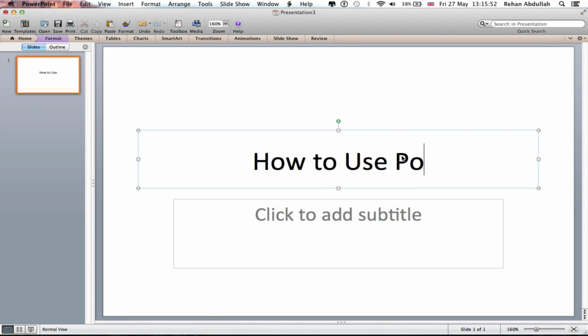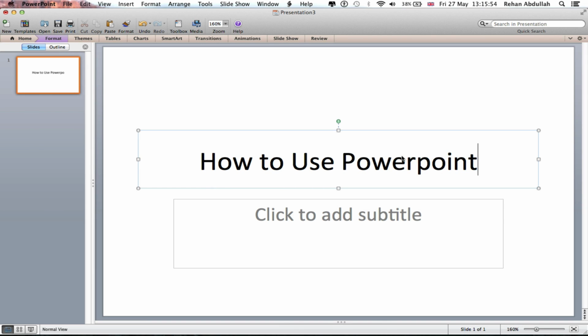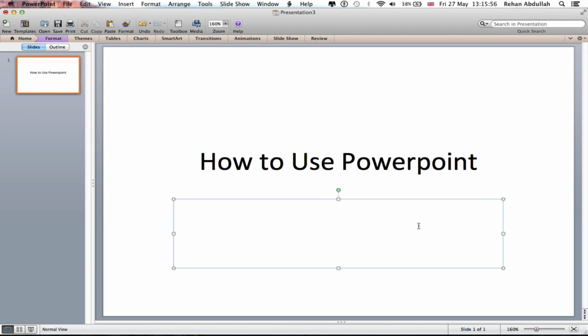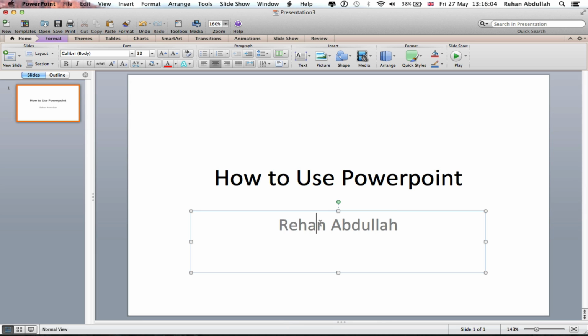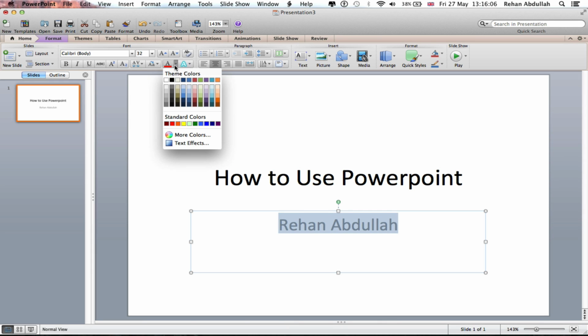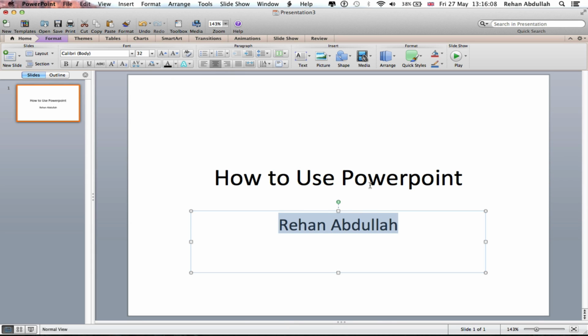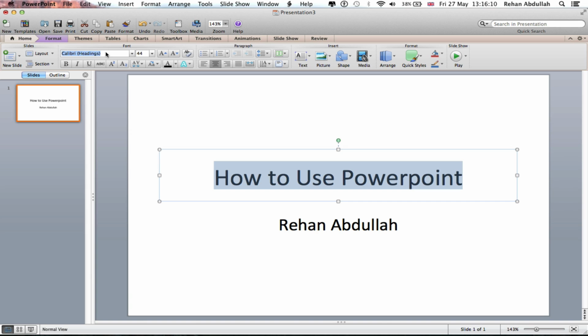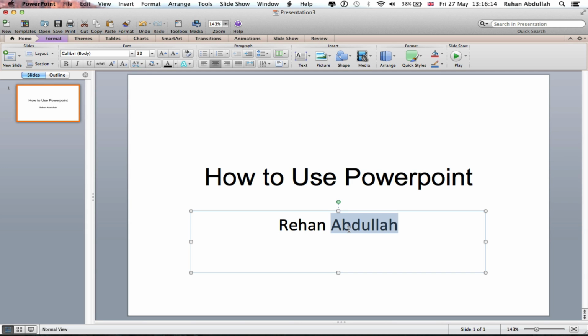How to use PowerPoint. My name, and then we can change the color if we want to. Turn this to black. We can also change the font if we want to, just to Arial or anything of your choice. So if I change the font of this to Arial 2,